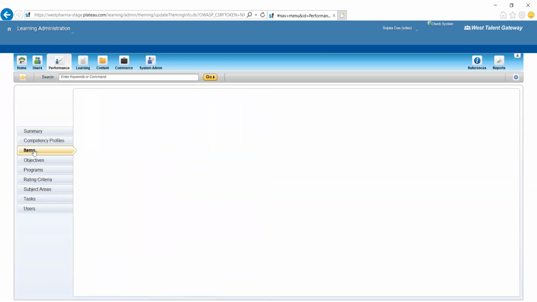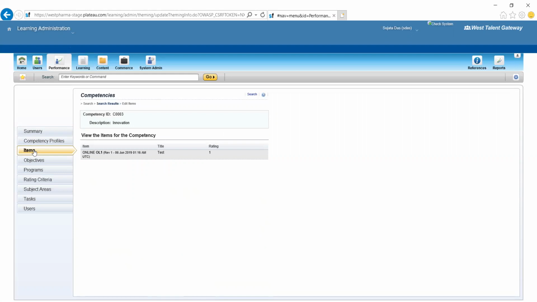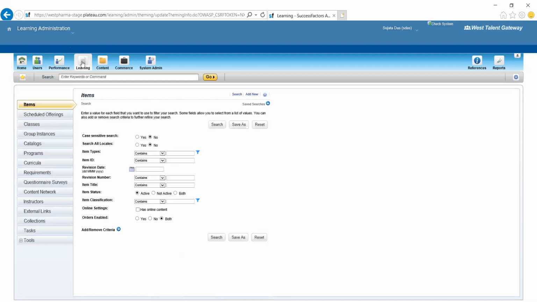If I go to the item, for this specific training program I have attached this competency ID. I have done that at the item level, not from the competency level. If you go to the item, there will be an option to attach a competency to it.